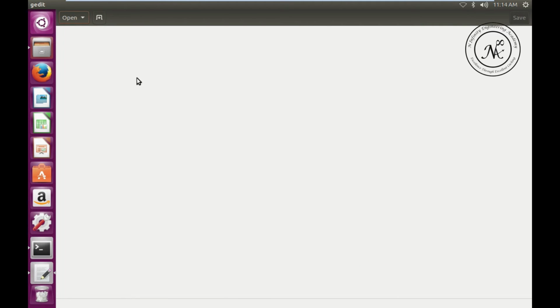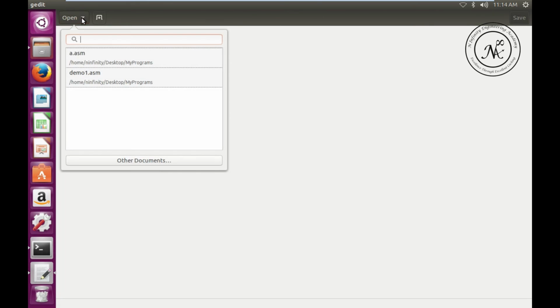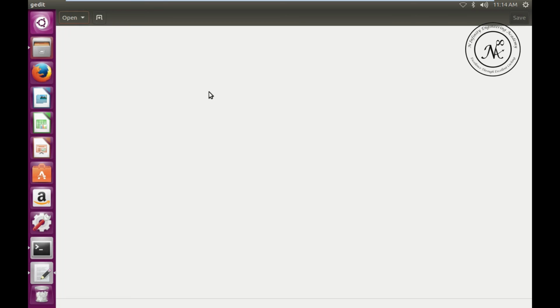So let us see the 64-bit assembly language code demo. Here I'll be using NASM as well as Ubuntu. You can do the same with Fedora as well as Red Hat. I'm using gedit to type my code, and I'll be using the terminal to give the commands for assembling and linking of the code. So once again, let's not worry about the code lines which I'll be typing, because I'll be explaining each code line in much detail in my subsequent sessions.